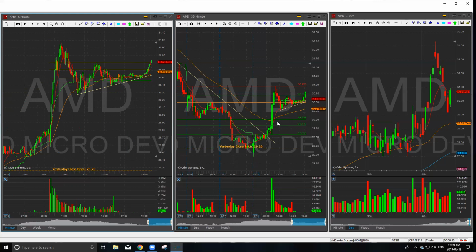Okay, so coming over here on the 30.50 area, you see that I have the orange line marked off. This is my line in the sand. Okay, if it snaps under this 30.50, which is actually the uptrend line as well, you can see the stock continue to sell, and know that this is a failed breakout. But overall the market does look pretty bullish for today and perhaps tomorrow as well,